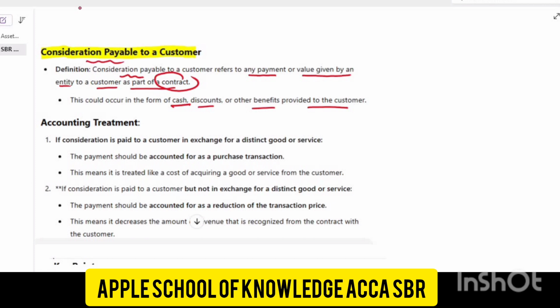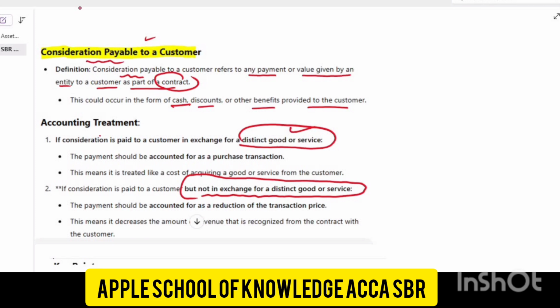The accounting treatment: if the consideration is paid to the customer in exchange for distinct goods and services, and if the consideration is paid to the customer but not in exchange for distinct goods and services, then how will you treat it? If the consideration payable to the customer is for a distinct good, then how will you treat it? And if the consideration is paid to the customer but not in exchange for a distinct good, then how will you treat that? So if the consideration paid to a customer is in exchange for distinct goods and services, then the payment should be accounted for as a